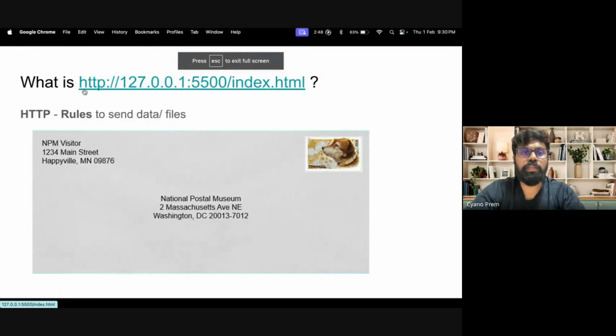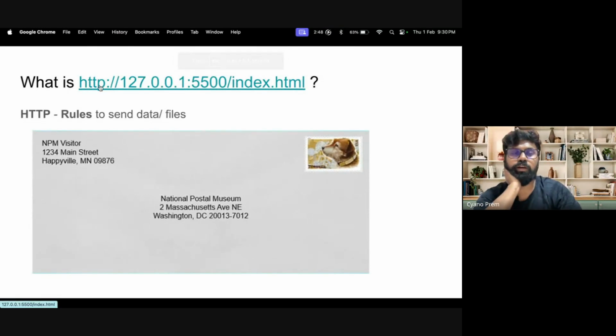So first is HTTP. So HTTP is a set of rules to send data or files over the internet. Okay. So if you take an example, here we have a post envelope, and in an envelope you have to write the from address and to address and put a stamp, right?